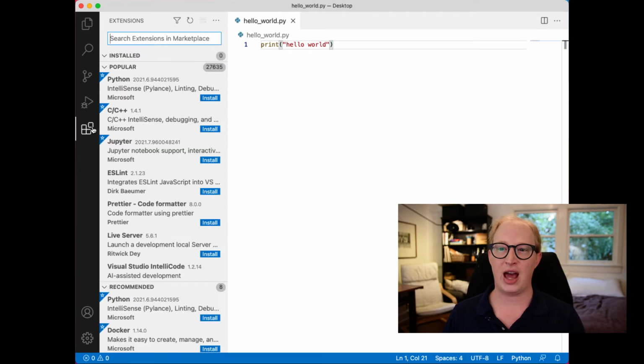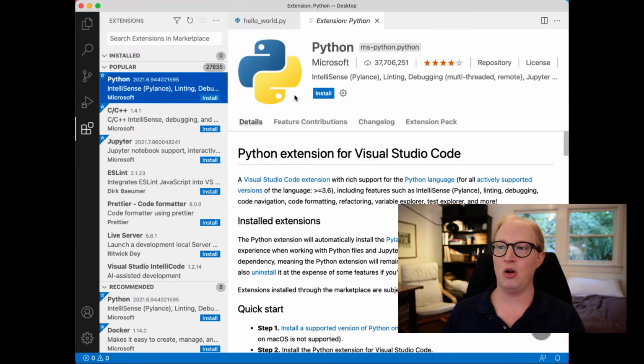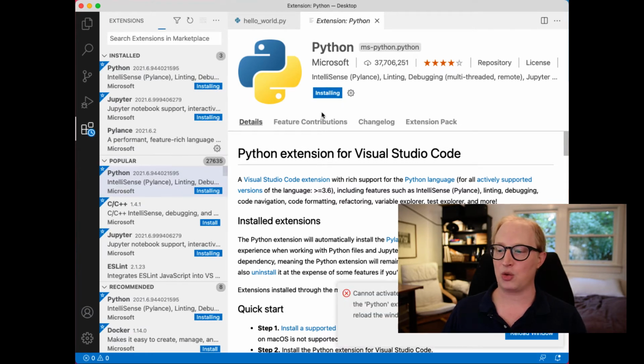So over on the left side is a button for extensions. And the number one most popular tool, as we see, is the Python extension from Microsoft. It has 37 million installations at the moment, which should give you a clear sense when I say this is a very popular tool and there's thus a lot of people working with it and developing it. This should give you a sense of exactly what I mean by that. So we're going to click install, and while that's working,